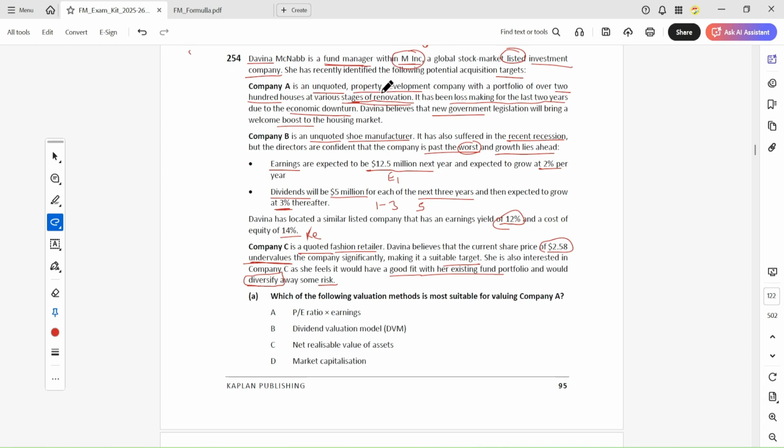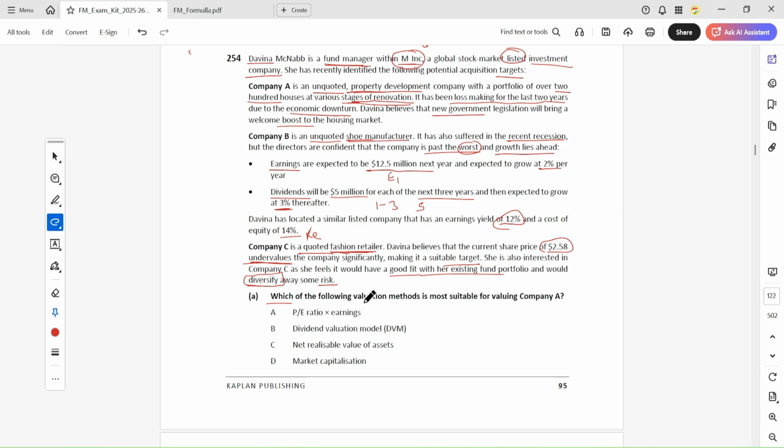So the first company is property development, the second is shoe manufacturer, and the next is the fashion retailer. So she wants to acquire the fashion retailer because this diversifies the risk. These are in recession, but this company will be profitable. That's why this diversifies and any risk will be mitigated. Okay, so now we have the question: